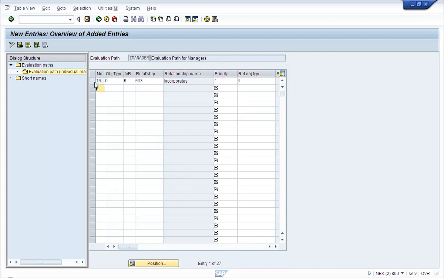So the way to read this first row would be that the system should read from the starting org unit all the positions that this org unit incorporates. So the org unit incorporates the positions, and that is determined by this relationship B003.